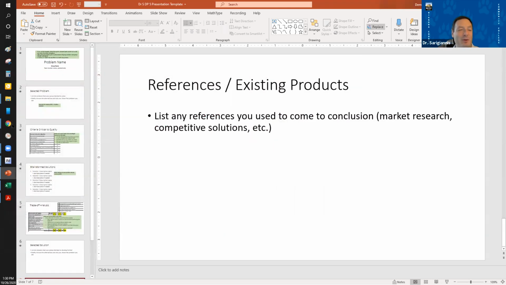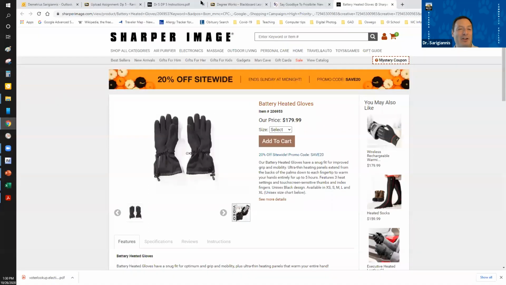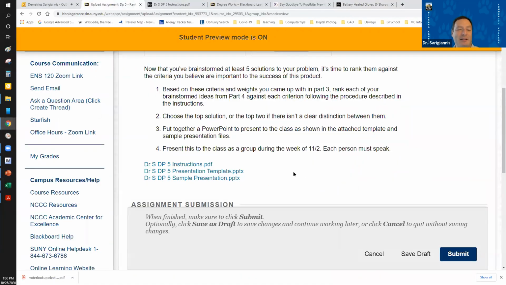As I was going through this, I realized I needed to add a little bit more information online, but these are the templates. The instructions are here. The presentation template is here. That's the one with the green boxes. That's a blank template. Well, it's not blank, it's just more blank than mine. And then the sample presentation is the one I just went through as part of this